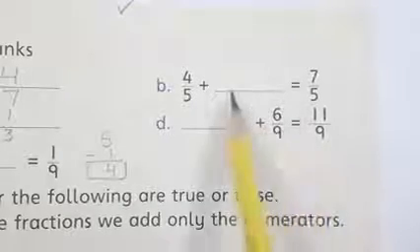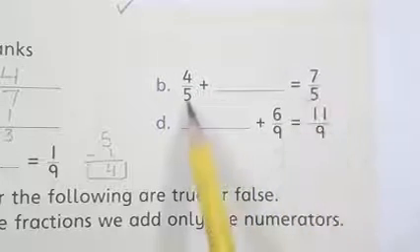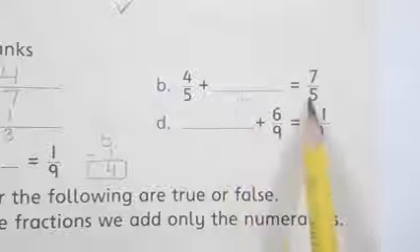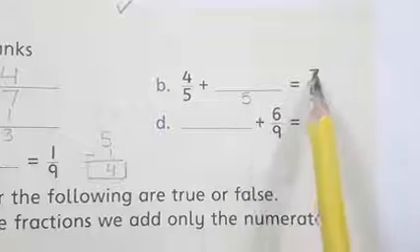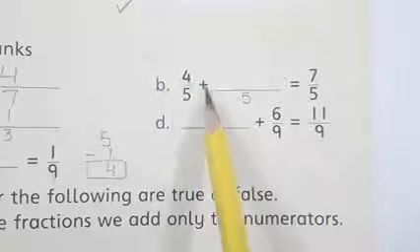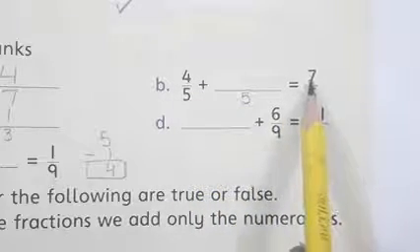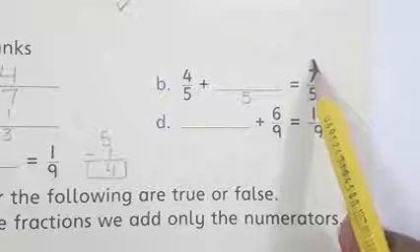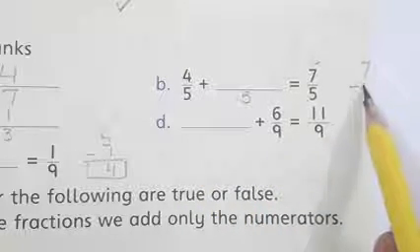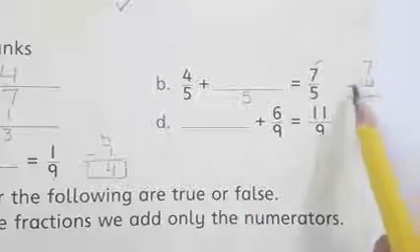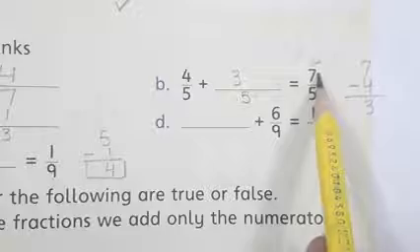Students, in the same way here they did not give us the fraction, they just gave us one fraction and the answer. As you know the denominators are the same, so here we will write the denominator 5, and here 4, how many do we add to 4 to get the answer 7? So there is an easy method. First of all, we take the bigger number 7, and then this is the smaller one, so we write 7 minus 4 is equal to 3. So 4 plus 3 is equal to 7.